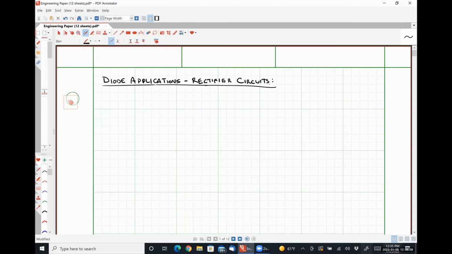Diode rectifier is a small part of a rectifier circuit, where a rectifier circuit is a device that is used to convert AC signals to DC signals. So if we have something like this,